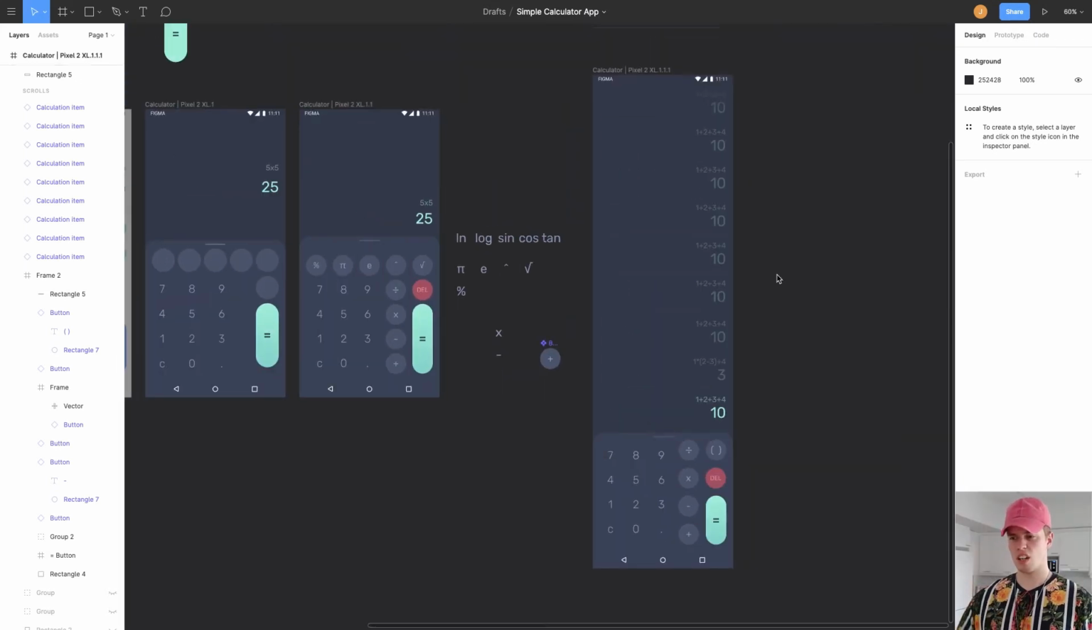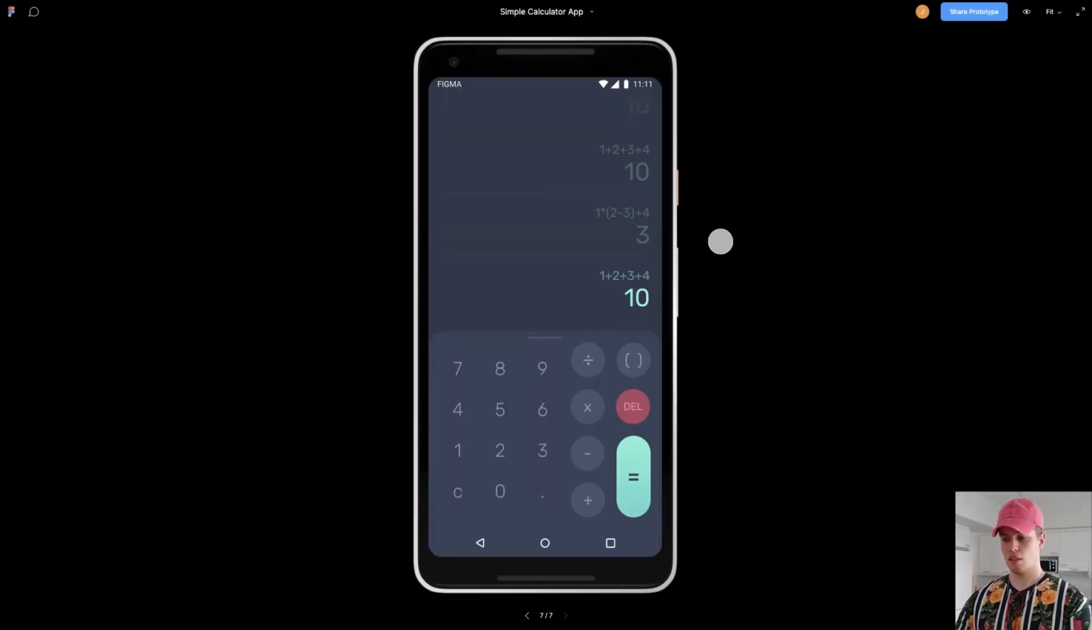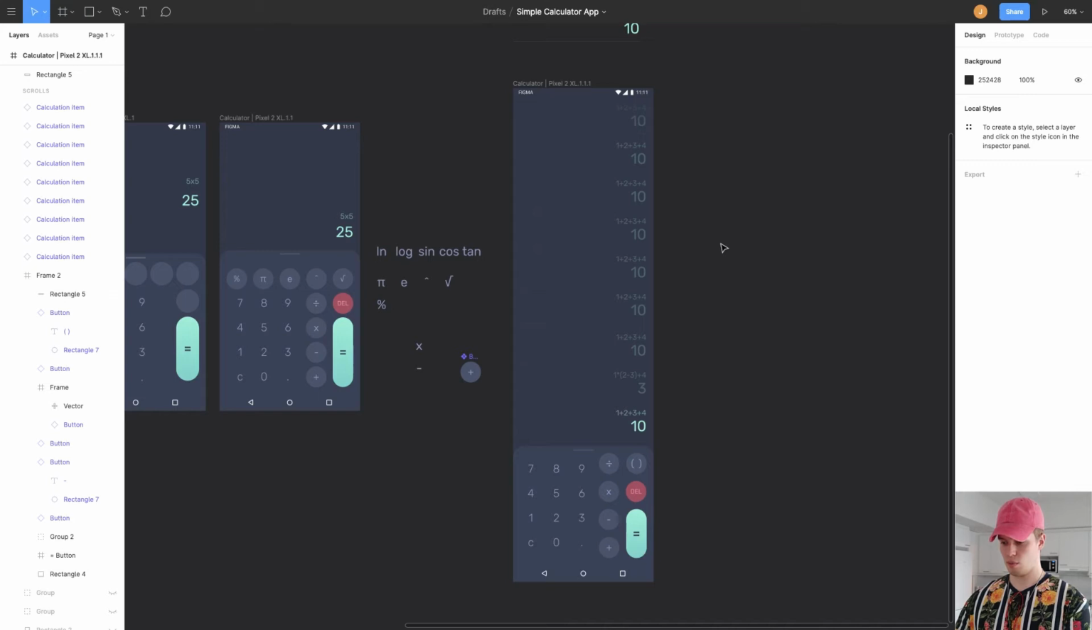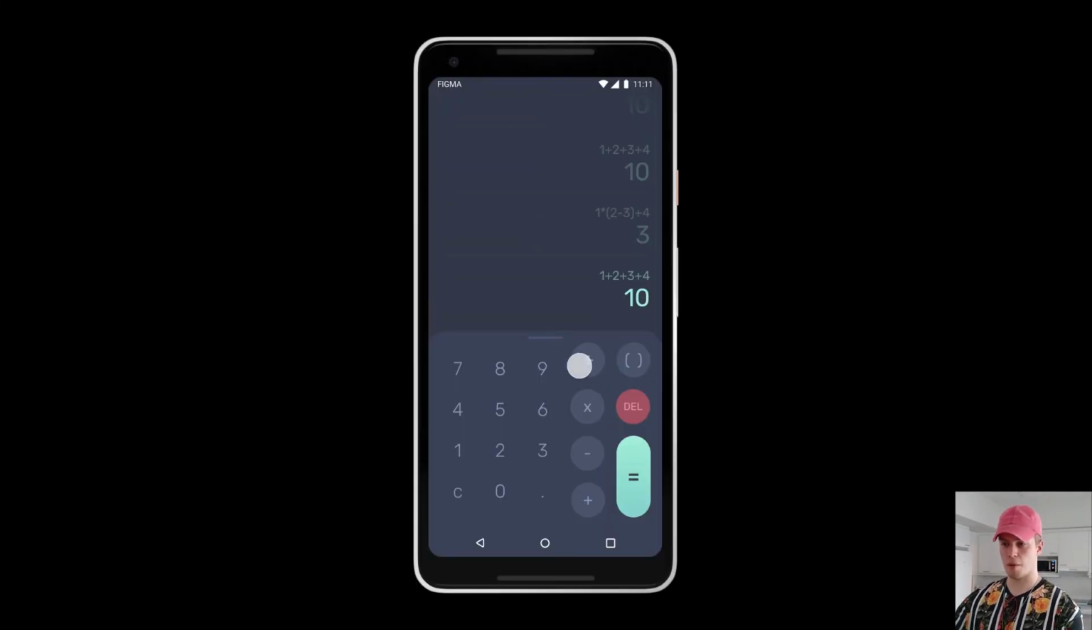Okay, so I think I have something here that is workable. Okay, did I do something wrong? No, still working. So yeah, I think I'm happy with this. It has all the necessary functionality, I think. Numbers, clear, decimals, plus, minus, multiplication, division, and parentheses, delete, and